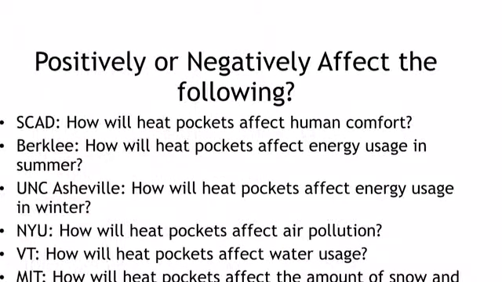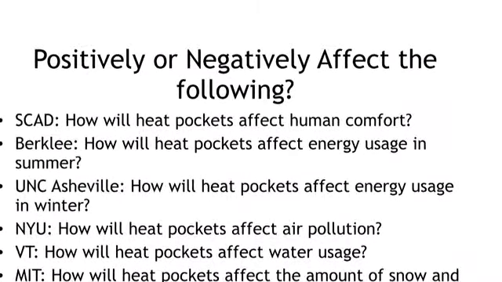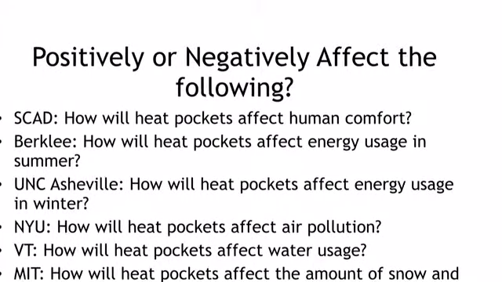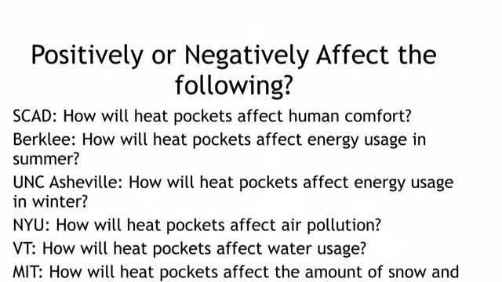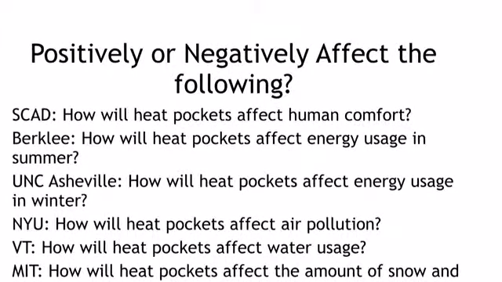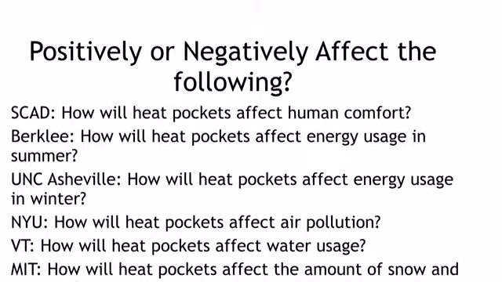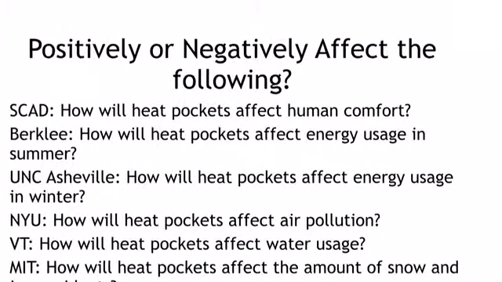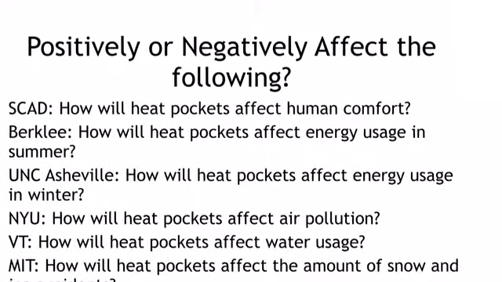So now comes the critical thinking part of all of this. Before you just had to read and regurgitate what it said. Now you have a last part. And it asks you to think about what the greater consequences of all of this is. I know it says SCAD in Berkeley here, but for you, because we're not going to be doing it in the team activity, it just says 1, 2, 3, 4, 5. So you should answer all of these. I want you to think about how this affects each of the different issues that are listed here and answer that.